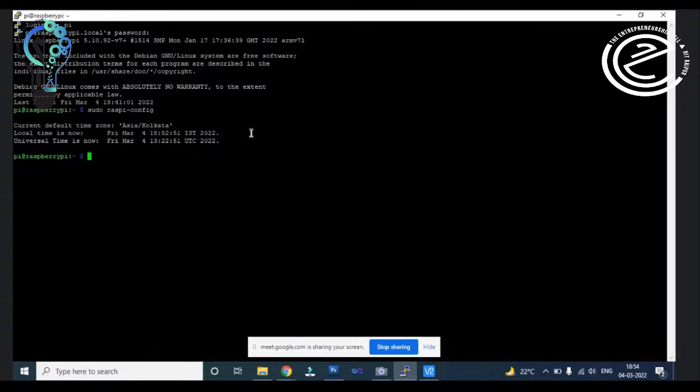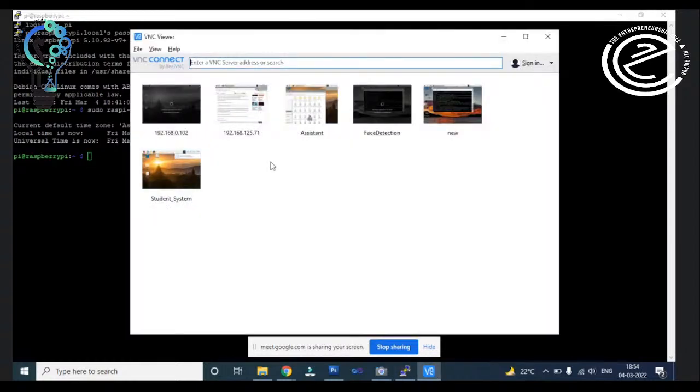So you can see in the command prompt we have local time is now 4 March and it is showing the local time of my system, IST, and UTC, universal time. So we already configured the Raspberry Pi. Now the next thing is to find out the IP of this Raspberry Pi, because without IP you cannot use this VNC server, right?